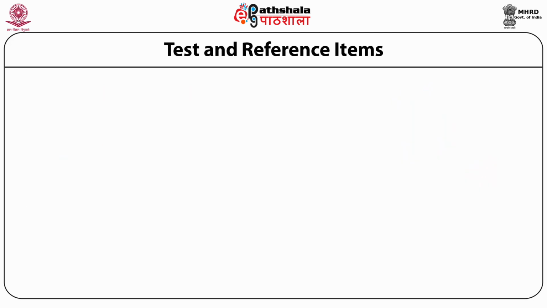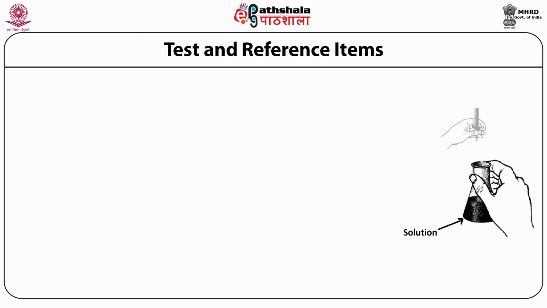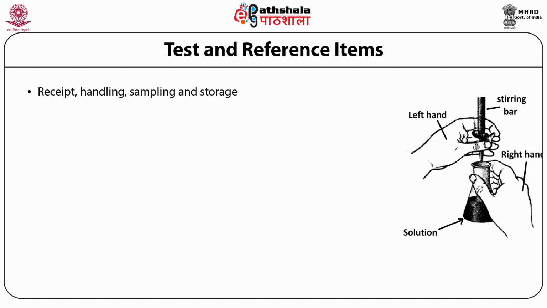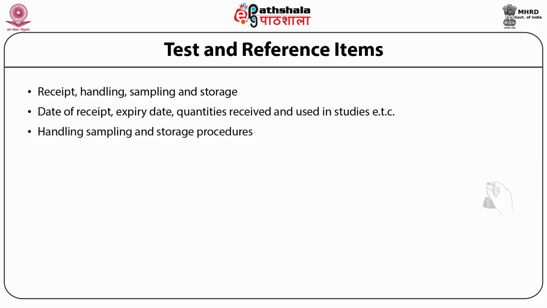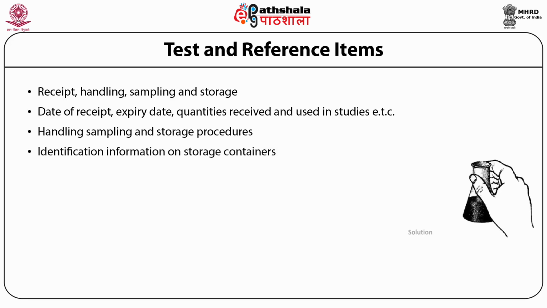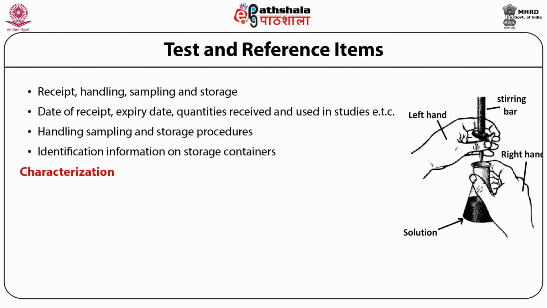The sixth principle is test and reference items. Test and reference items include receipts, handling, sampling and storage, date of receipts, expiry date, quantities received and used in studies. All should be labeled properly on the containers, handling, sampling and storage procedures, identification information on storage container, then the characterization of the tests,